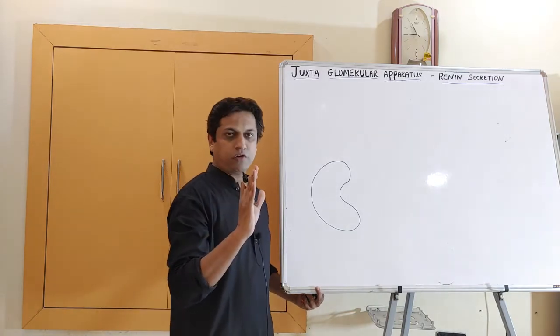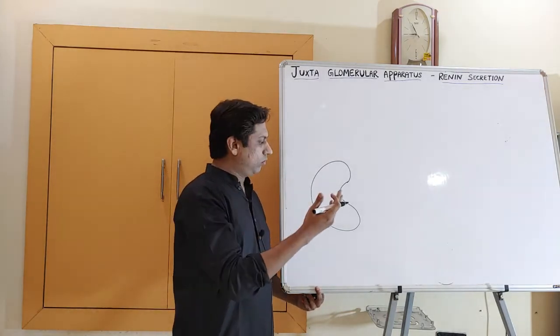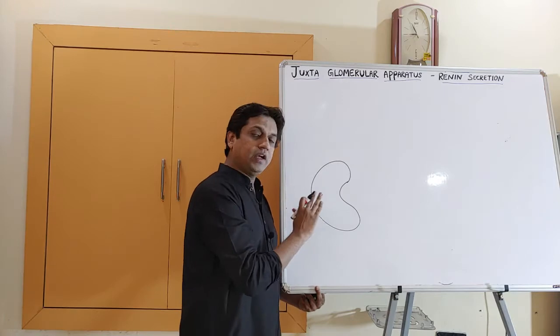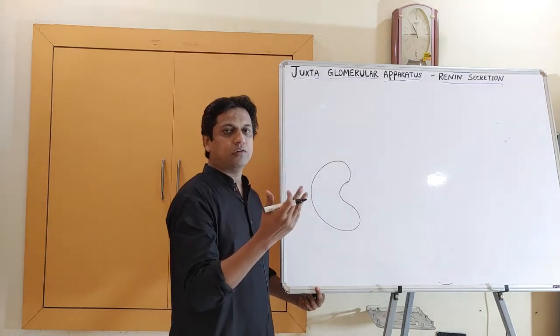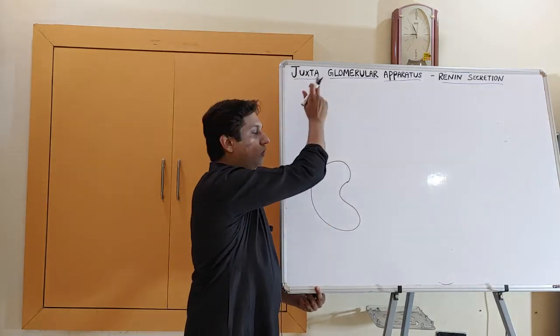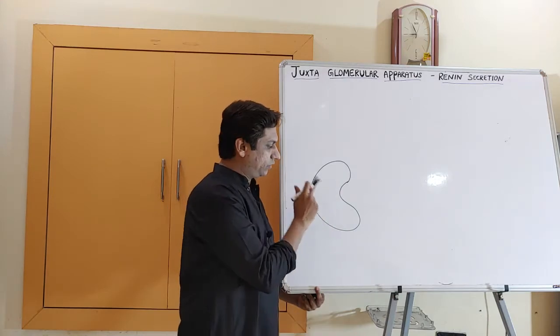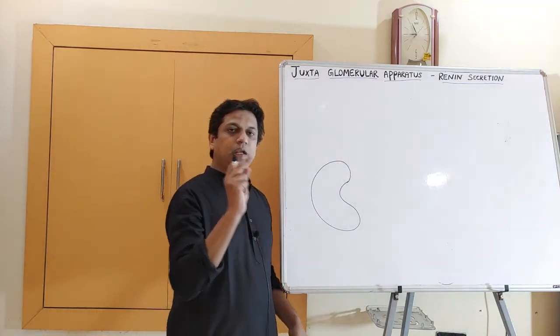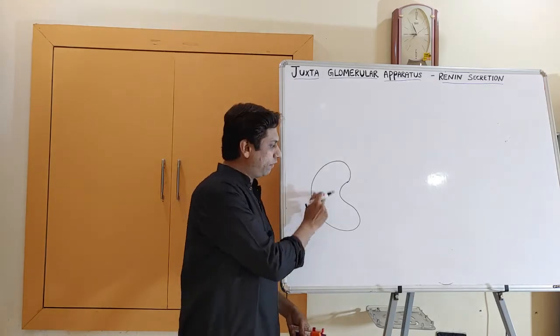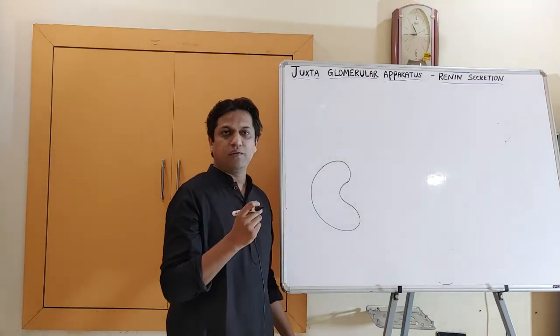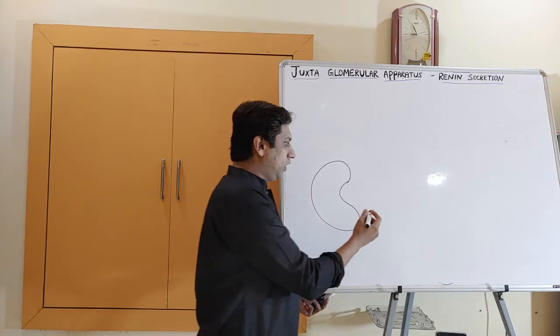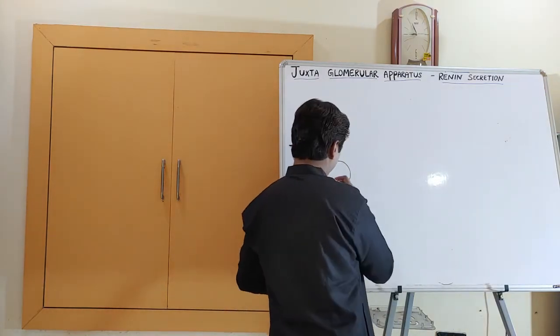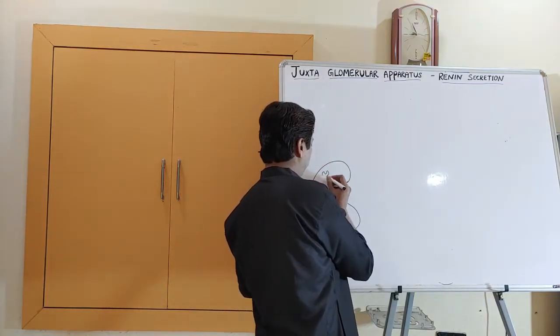up of nephrons. I'm not going to go into detail about the anatomy and histology, how a nephron looks, because we'll just stick to our topic, the juxtaglomerular apparatus. Approximately 1.2 million nephrons will be present in each kidney. If we look inside, so many nephrons will be there.